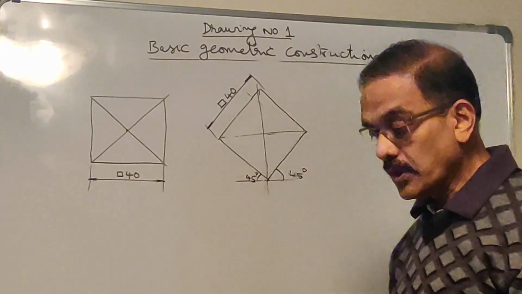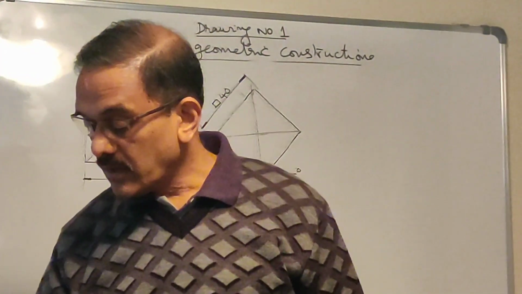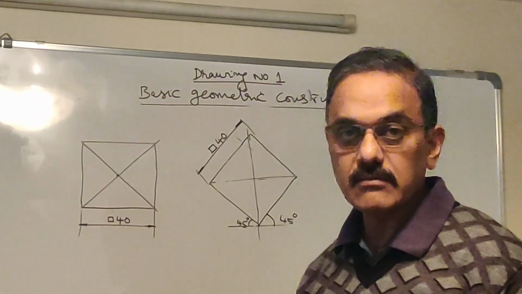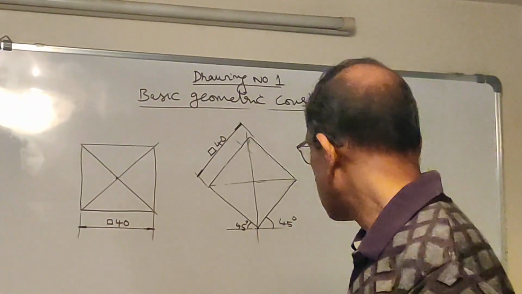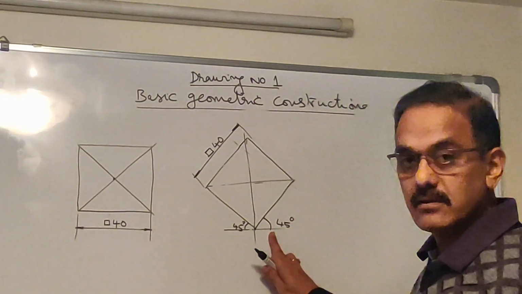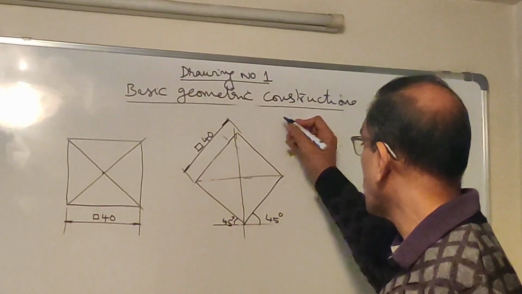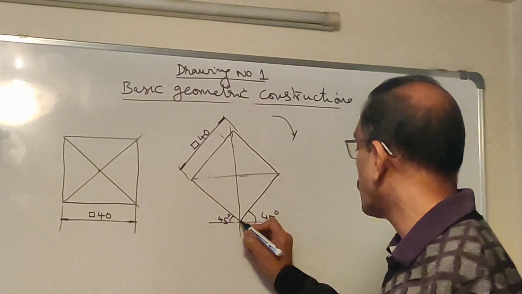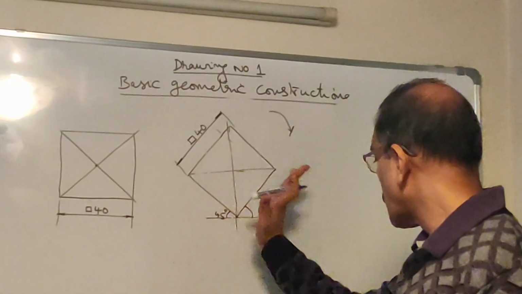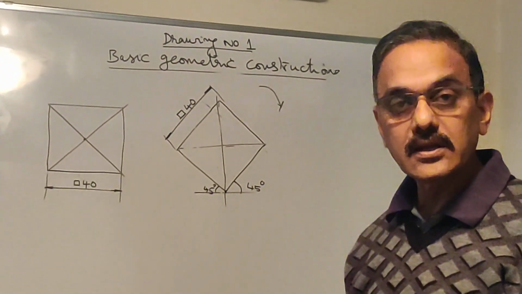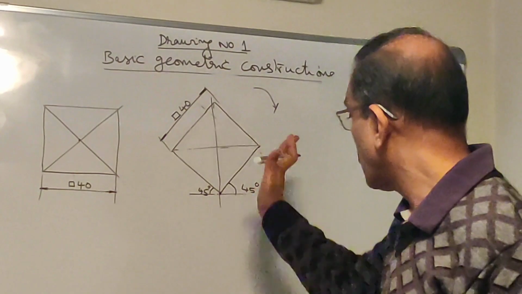Now the next one. Let us say I want to draw a square with one of the sides inclined at 30 degrees to the horizontal. Okay, this side here it is inclined at 45. I want to make this side inclined at 30. So I just want to rotate it in this direction about this point, so that it is rotated by another 15 degrees. Once you rotate it by 15 degrees, the edge will be inclined at 30.